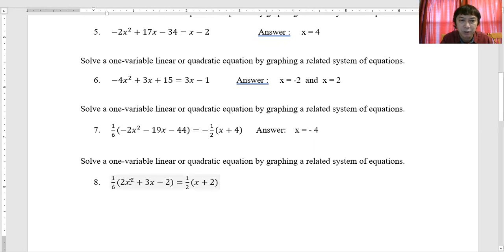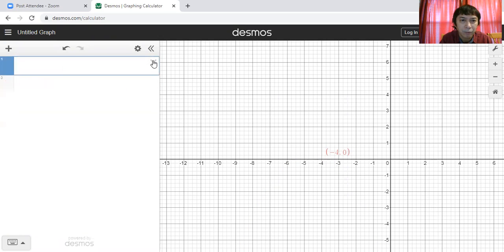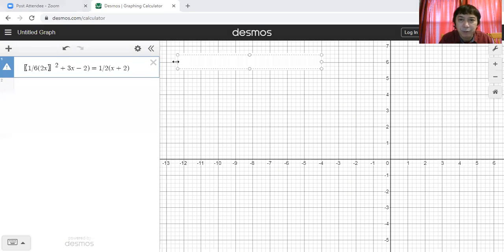So copy and paste. I'm teaching you how to use desmos.com for easy graphing. All right, and so we now proceed to the graphing calculator. Just clear the previous problem. We can now paste there, also on screen. So we have a copy on screen there.